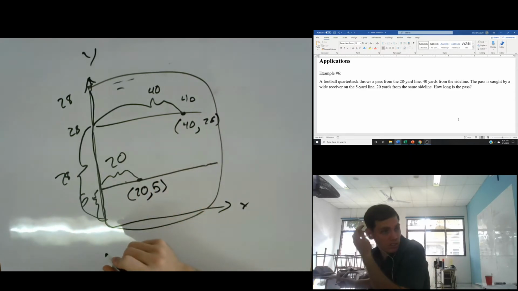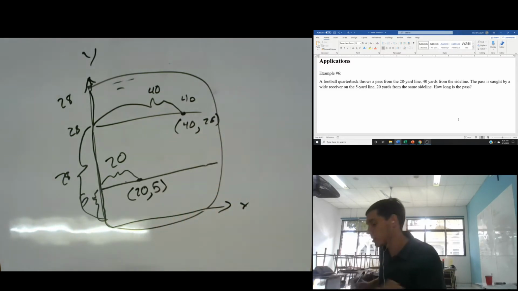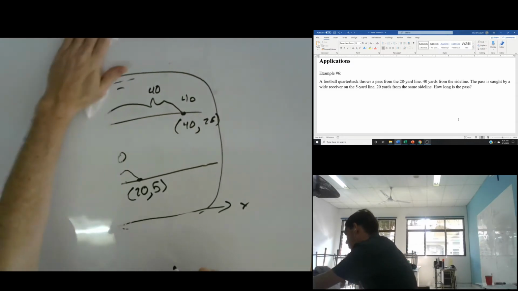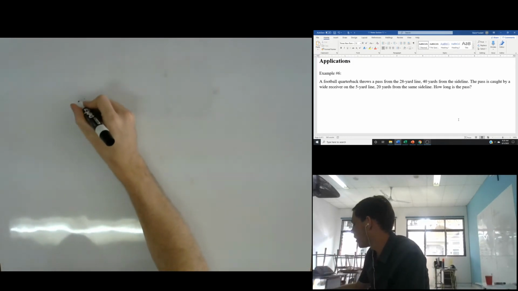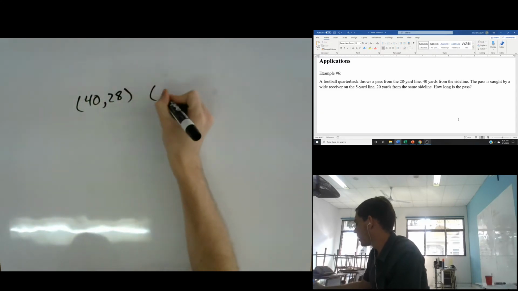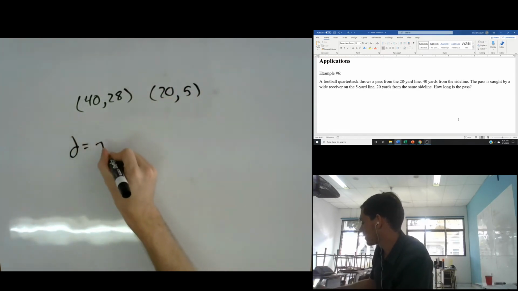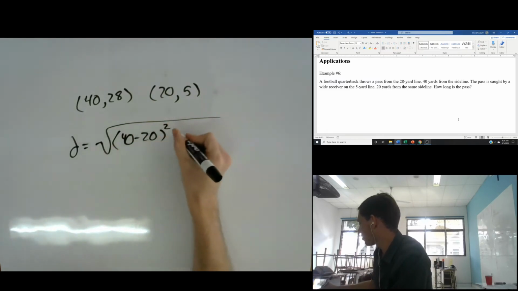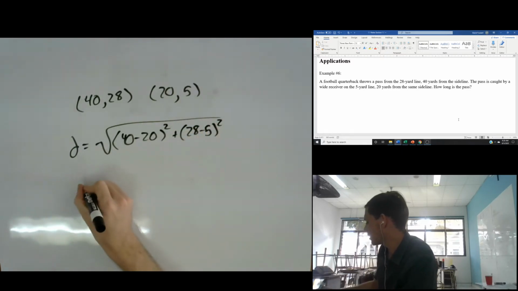Okay, because they ask for the distance between these 2 points. So again, we find the distance. So (40, 28) and (20, 5). Okay, distance equals the square root of 40 minus 20 squared plus 28 minus 5 squared. Okay, distance equals